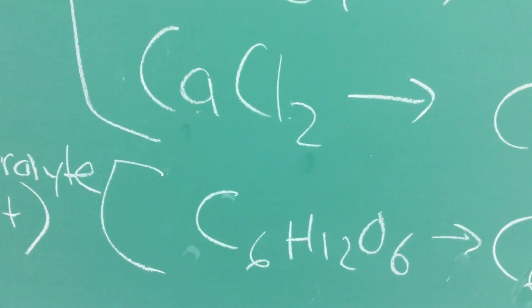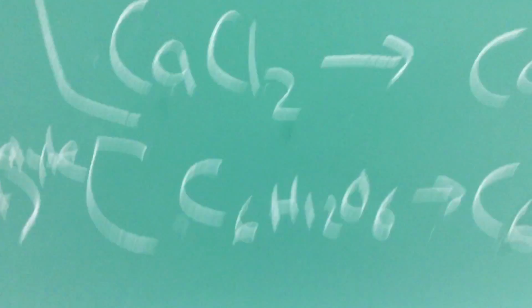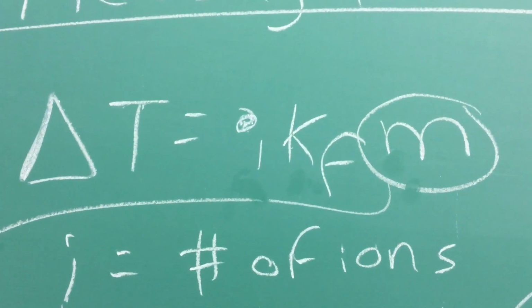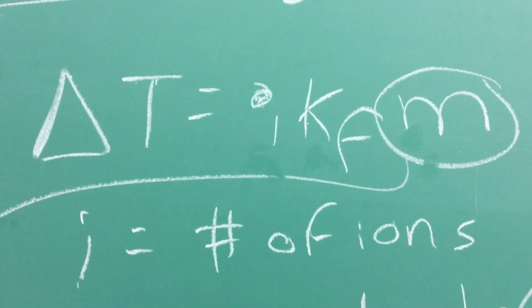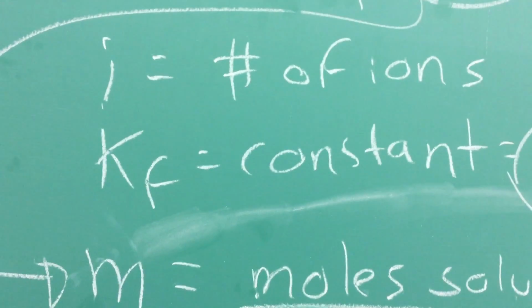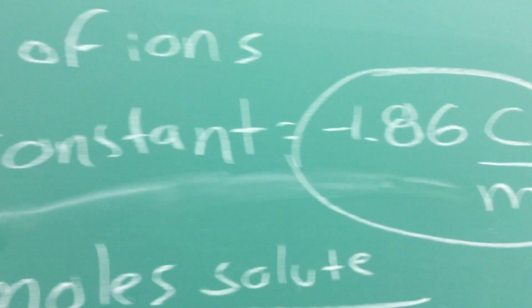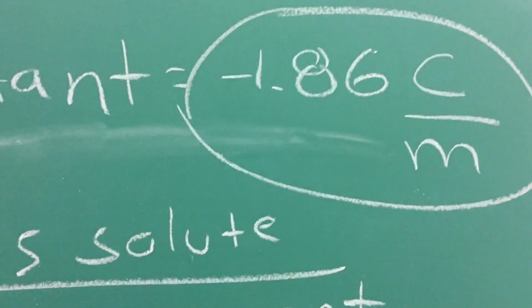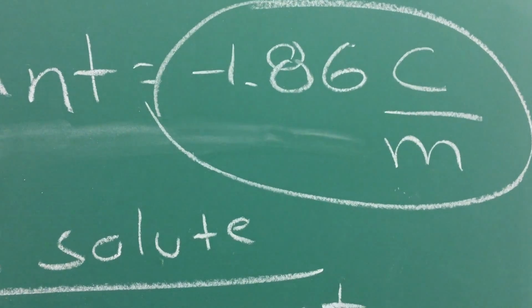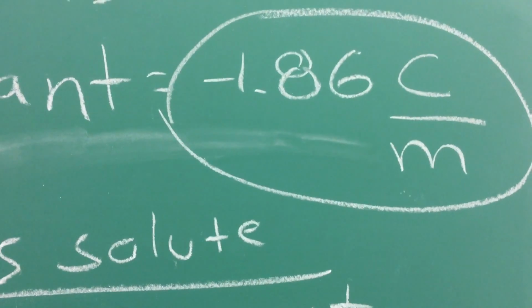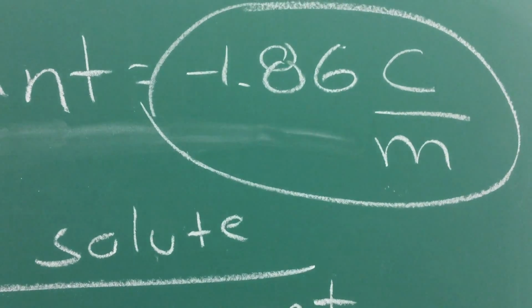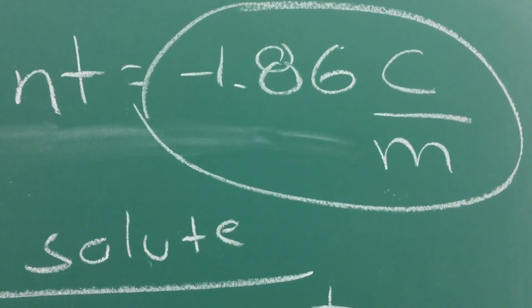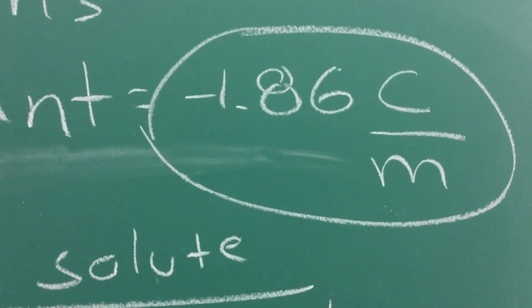Usually we call the i the van't Hoff factor, but you guys don't care about the name. So let's go back to the equation. So that's i. So now let's talk about Kf. Kf is a constant. It's just a number that depends on the liquid. So most of the time we're talking about water. So in this case, the constant is going to be negative 1.86 degrees Celsius per m. Don't confuse that m. That m is not moles. It's not molarity. I will not mention the name because we haven't mentioned it in class. Just know that what that m represents is moles per kilogram. Okay, so that's